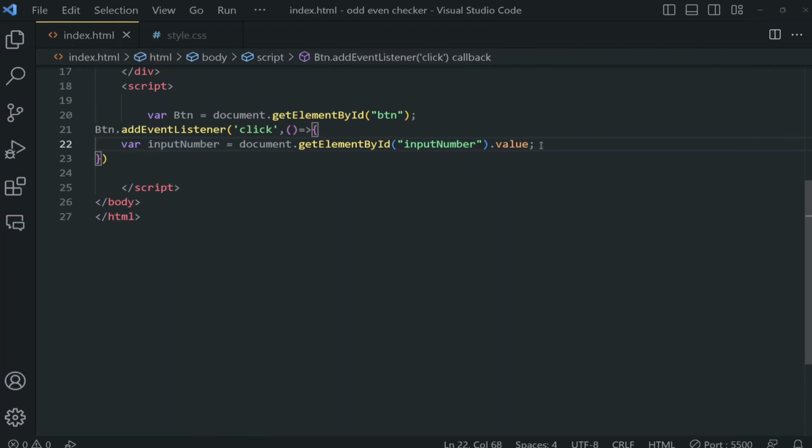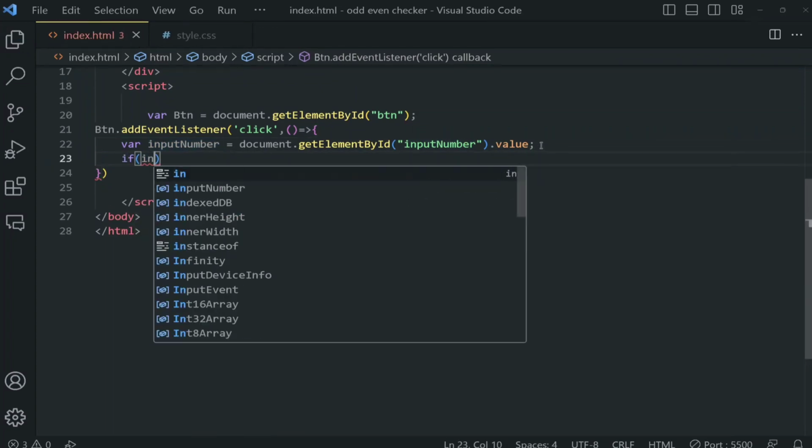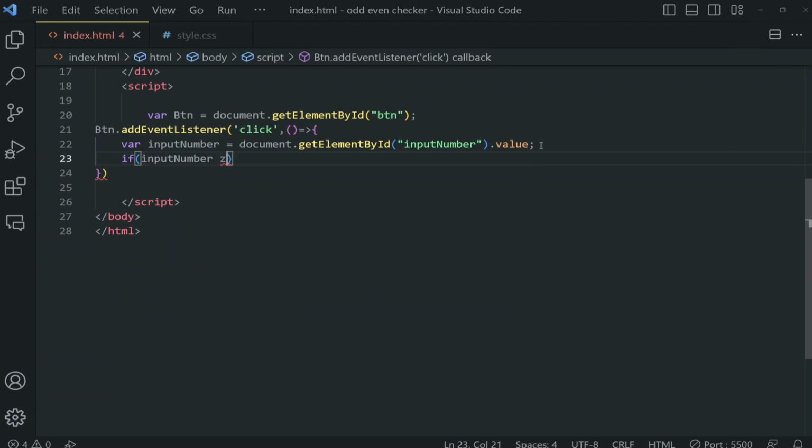Now we add an if else statement. If inputNumber modulo 2 equals 0,